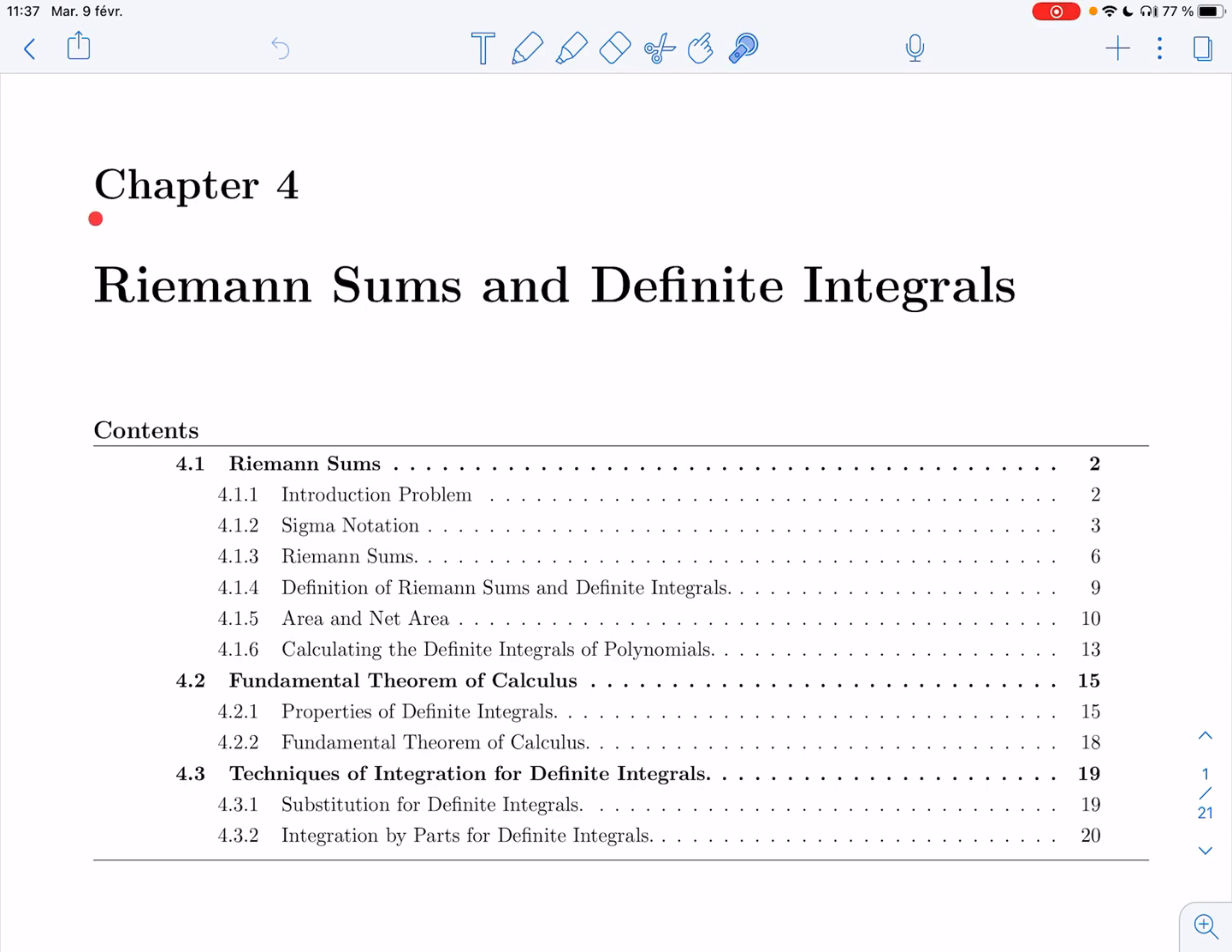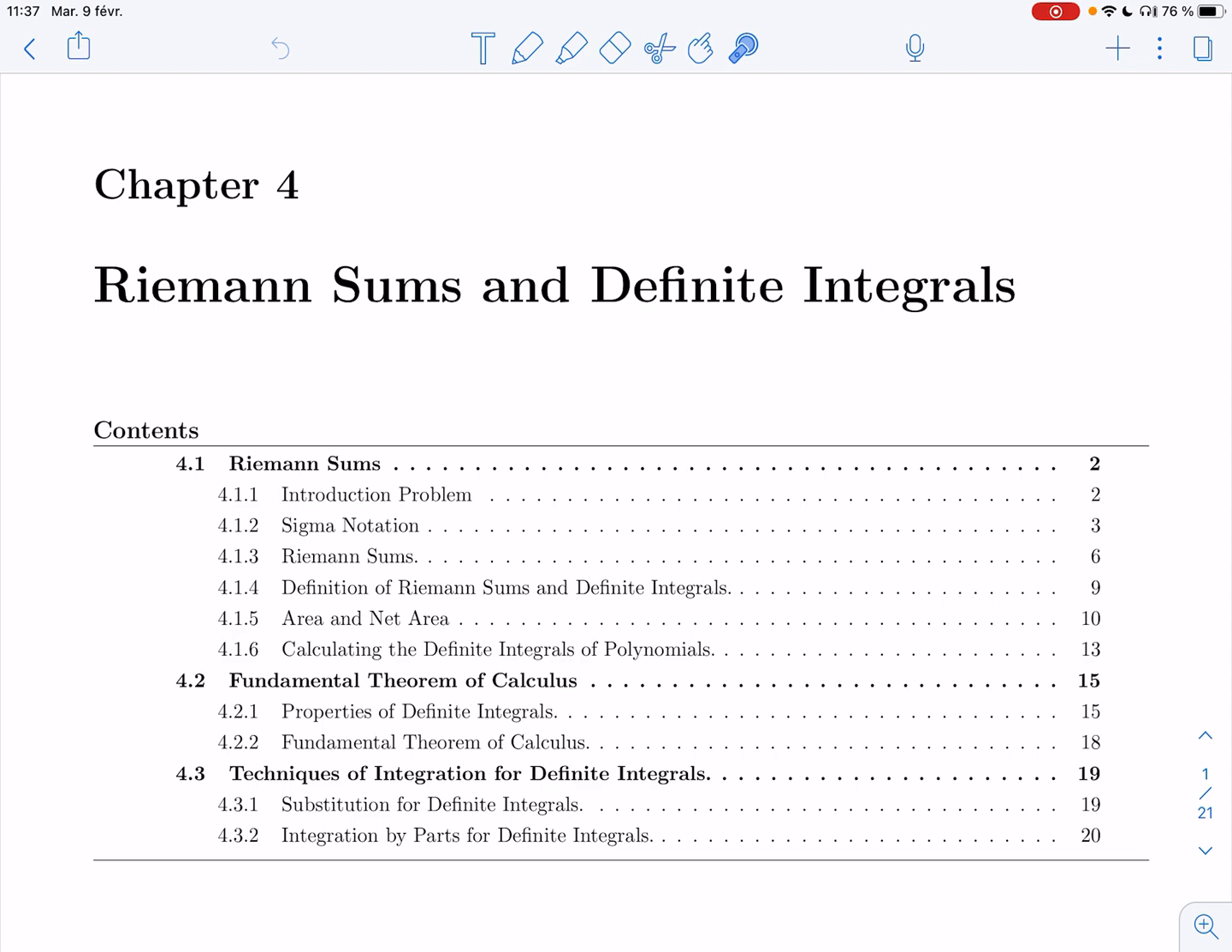Hello everybody and welcome to Chapter 4. In Chapter 4 we'll be talking about Riemann sums and definite integrals. So really in Chapter 3 we learned about indefinite integrals. We saw how to compute them, but we didn't really have any important application for it. We saw a small one of finding antiderivatives with specific conditions, but what we're after is a really important geometric